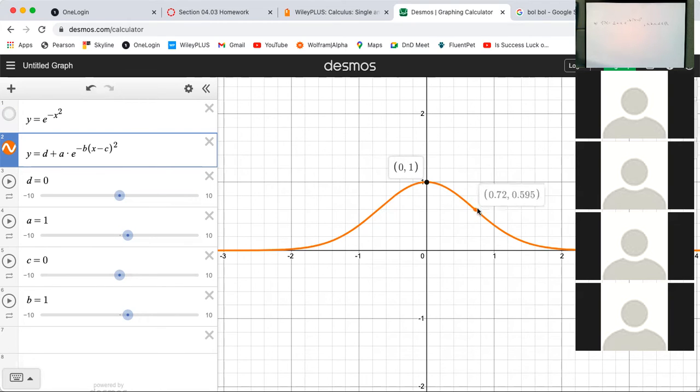No, we know that there's an inflection point here at 0.7071, but it's not going to let me just mark that point. But imagine there's inflection points at plus and minus 0.7071. Now, what we want to do is think about what happens if I start adjusting these values of A, B, C, and D, and what A, B, C, and D have in common and what's different.